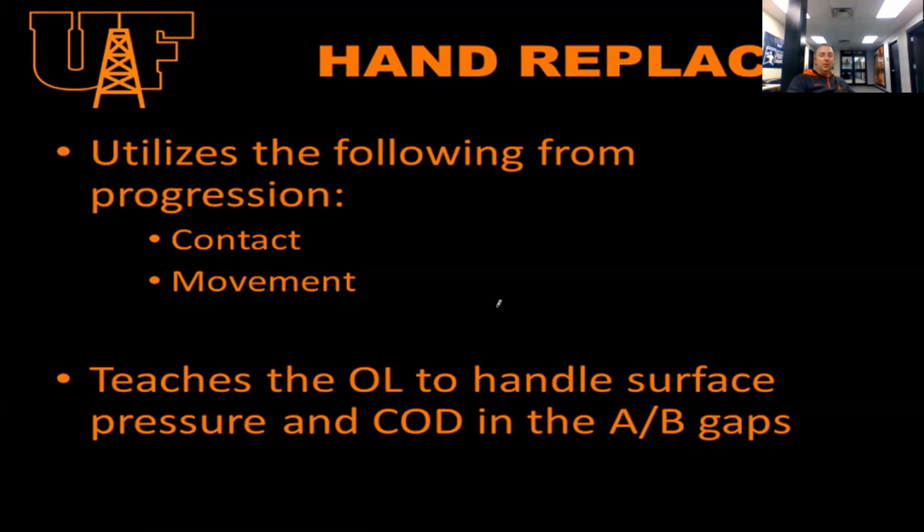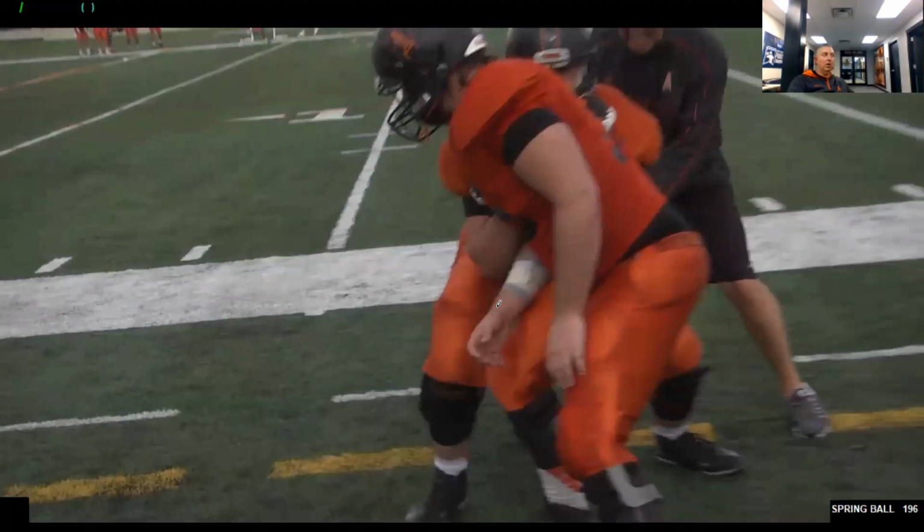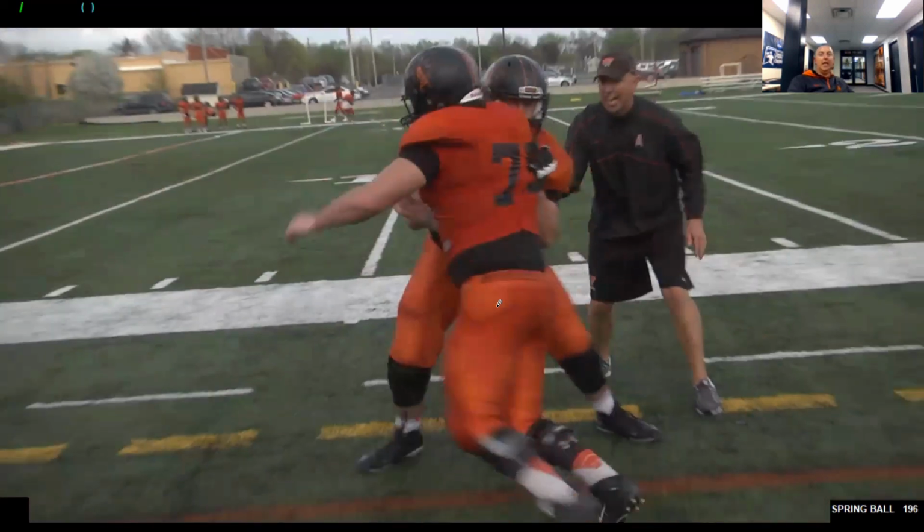Hand replace. Here, I talked about this, right? Handling the surface, handling change of direction in the AB gaps. Heavy, strong hands. Heavy, strong hands, right? I'm locked up already at the start of this drill. Again,